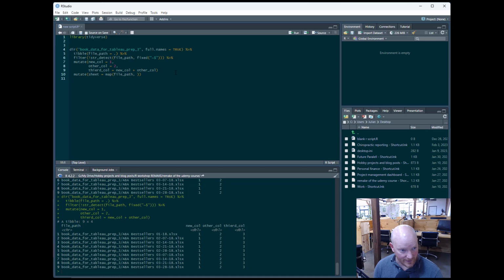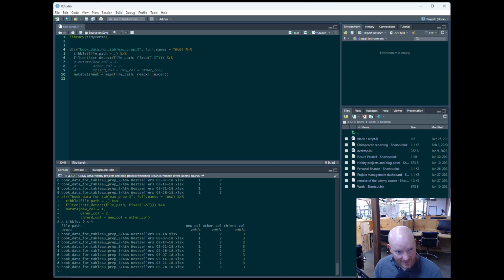And that's map. So I'm just going to comment this out. So we want to work on the file path, and the function we need is something called read Excel sheets. But if we press tab, it's not going to autocomplete, and that's because the package isn't loaded. So we've got really two options. We can do this. We can go Excel,